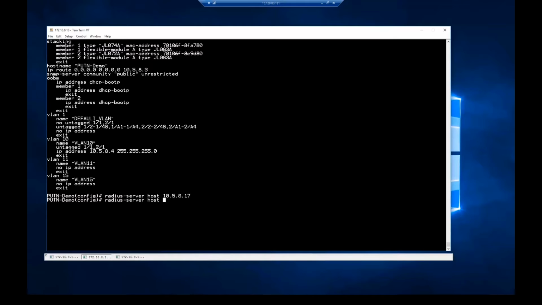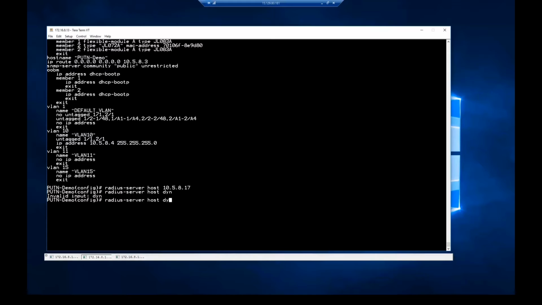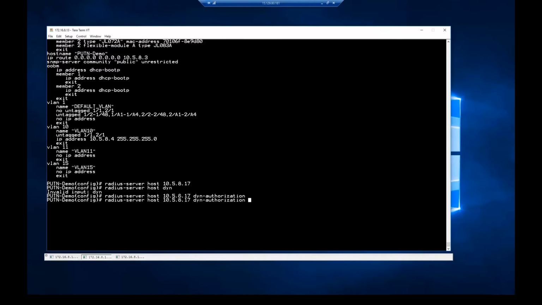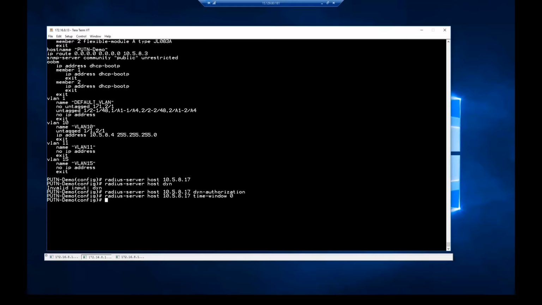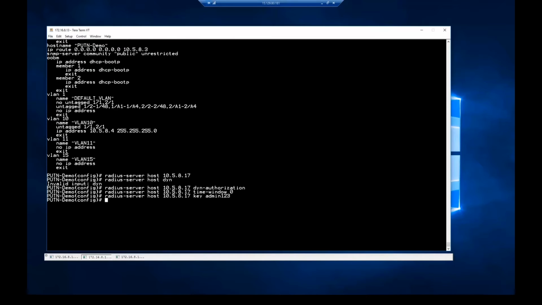We'll need to add in the IP address of the Radius server, as well as turn on dynamic authentication and set up a time window for the connection. The time window is the amount of time that the dynamic authorization stays current. So setting it to 0 here means there is no time limit. Then we enter in the Radius server key,